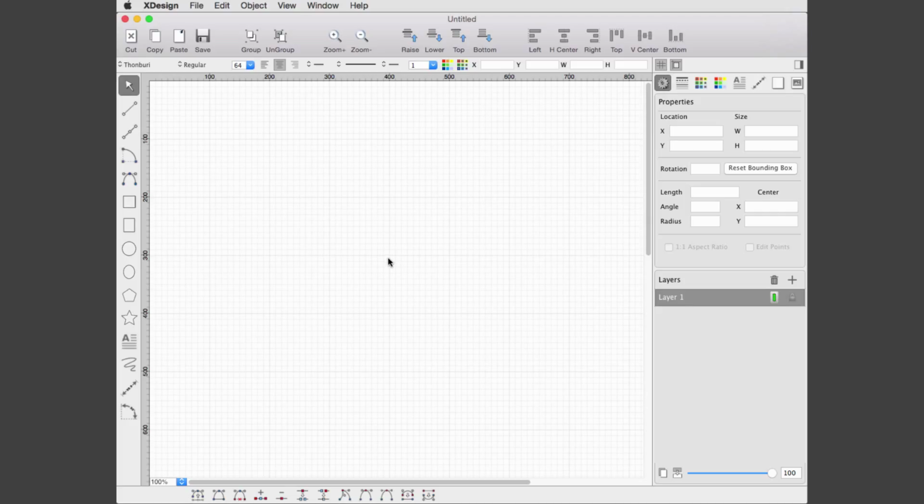The different toolbars, which are conveniently located around the sides of the board, can be used to quickly access many of the commonly used tools and functions. XDesign has horizontal and vertical rulers to help as measurement guides. The rulers are unit aware and adapt to the board settings and zoom states.